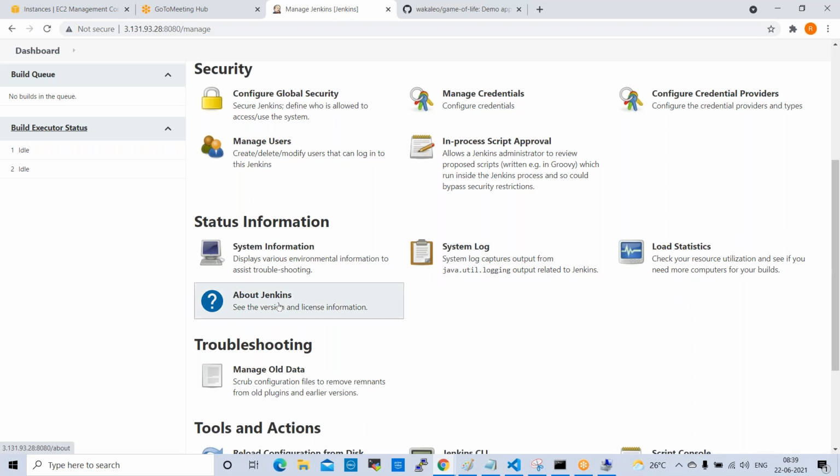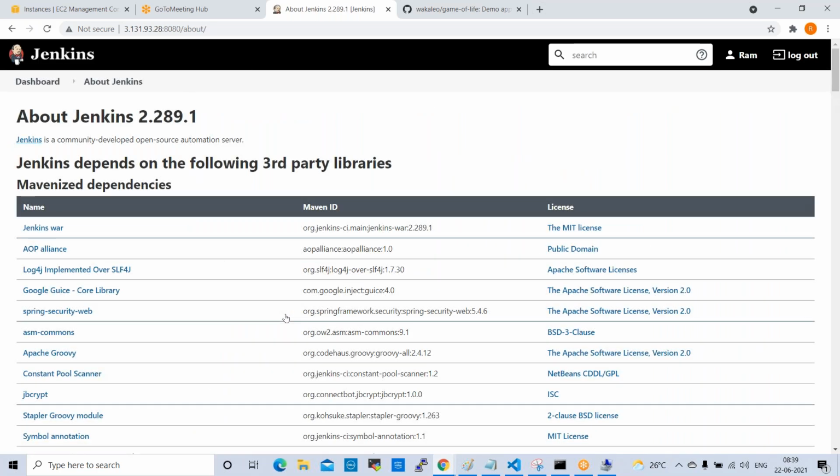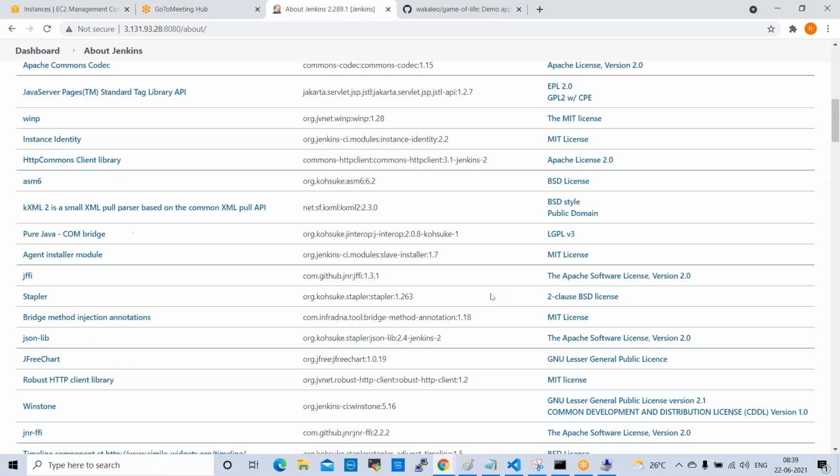If you want to check some details about Jenkins, you can check from here. It will show you the Jenkins var name, the Maven ID, license, some details.